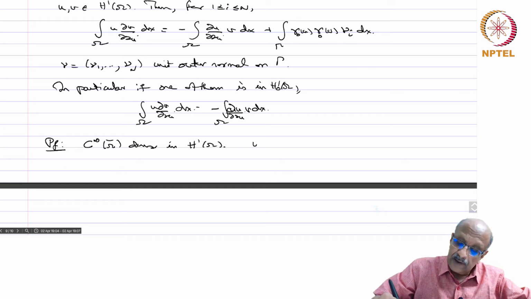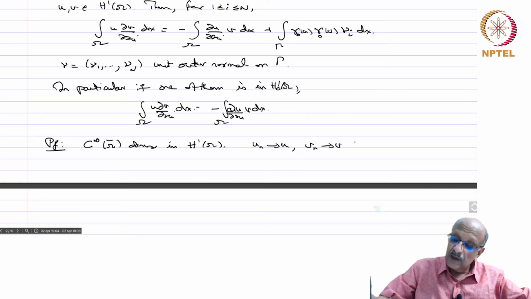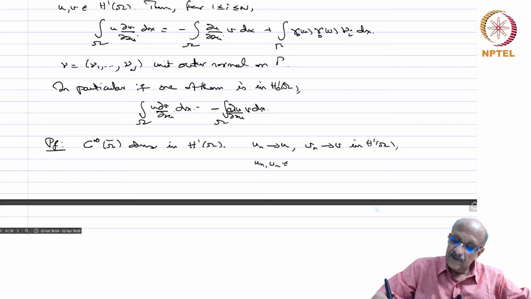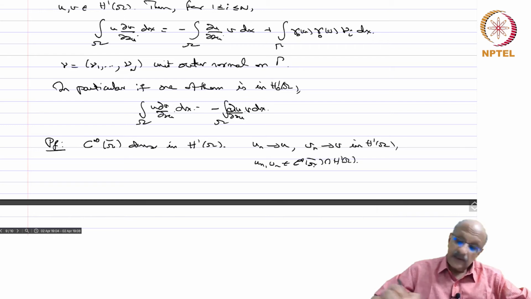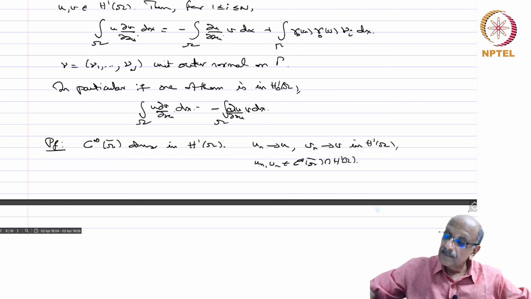So if u_n converges to u and v_n converges to v in H^1 of Omega, with u_n, v_n in C infinity of Omega bar intersection H^1 of Omega, then you have, by the classical Green's theorem,